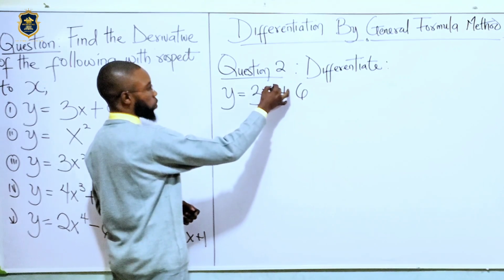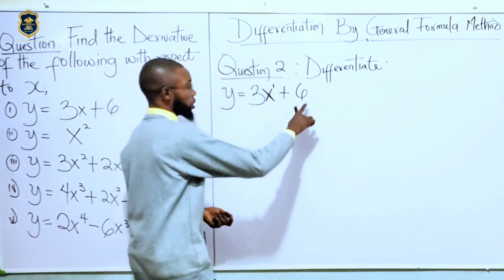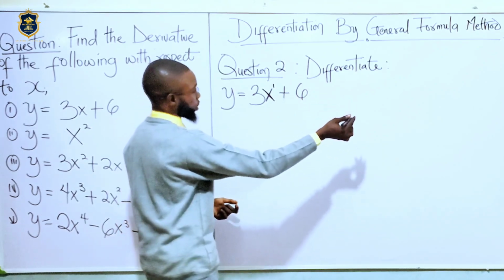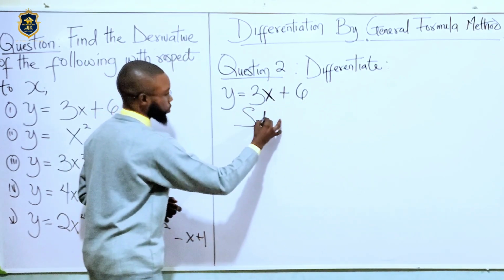This x is raised to the power of 1. Every single variable is raised to the power of 1. I told you, you should know this by now. And this 6 has what? x raised to the power of 0. So let's just reveal everything. This is the question. Our solution